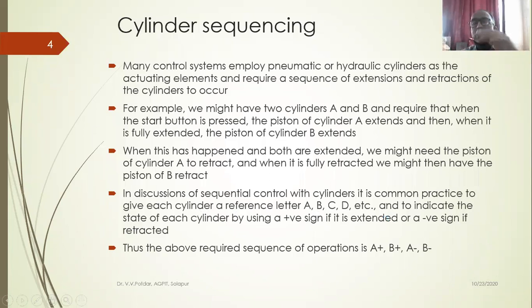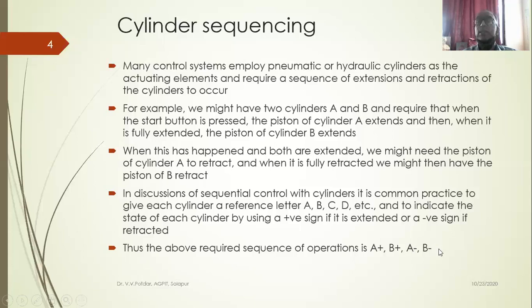A plus is the forward motion, A minus is the retraction motion, B plus, B minus, C plus, C minus. So positive sign is the extension and negative sign is the retraction. The required sequence of operations is A plus, B plus, A minus, B minus.